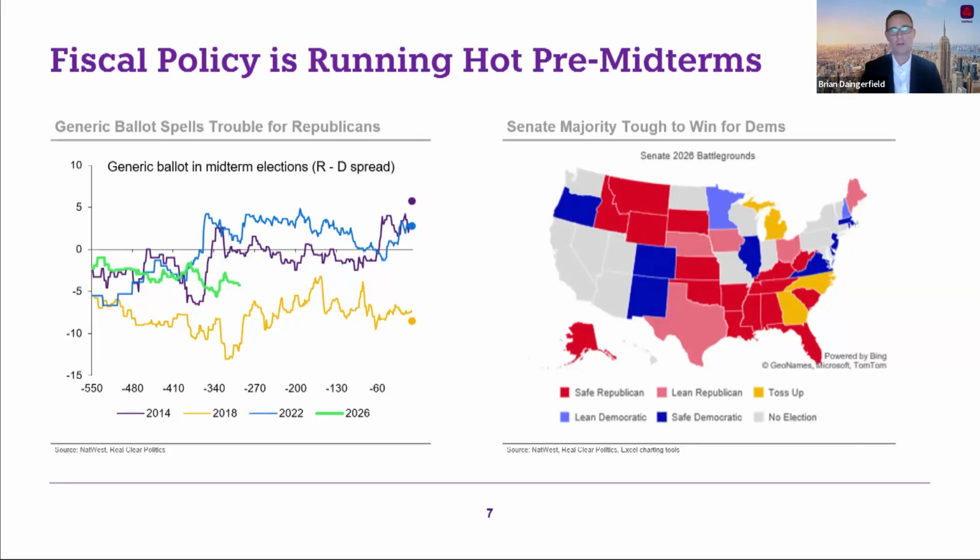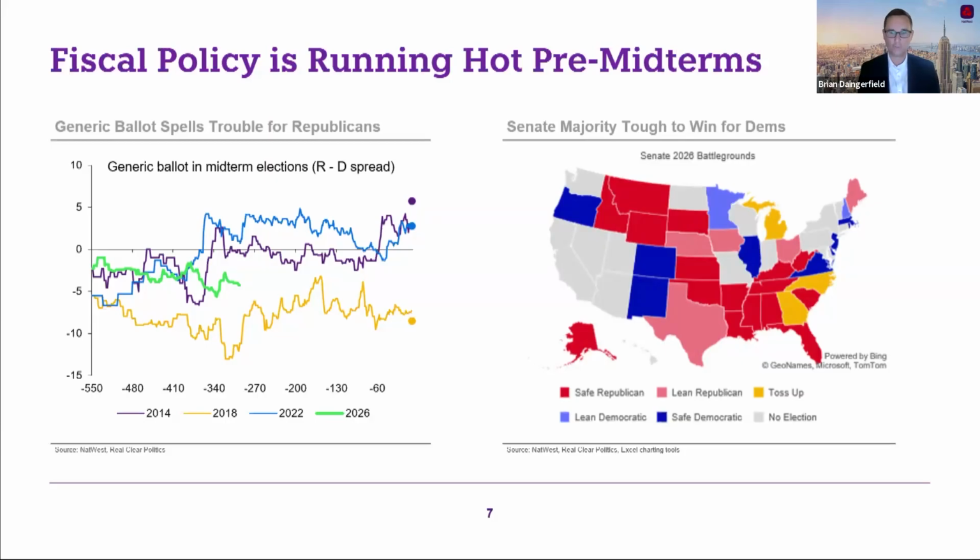On the left, we show what we call the generic ballot. In this case, we're looking at Republicans versus Democrats. So when these numbers are below zero, Republicans are underperforming, they're underpolling versus Democrats. And when we're above zero, Republicans are outperforming. So what you may notice here is that, number one, you tend to get positive numbers when Democrats are president, so 2014 and in 2022 with Biden. And you tend to get negative numbers, Democrat outperformance, when Republicans are president. There tends to be a really strong snapback impulse for American voters that if you vote for a Republican for president, 2 years later, you're going to vote against that person.